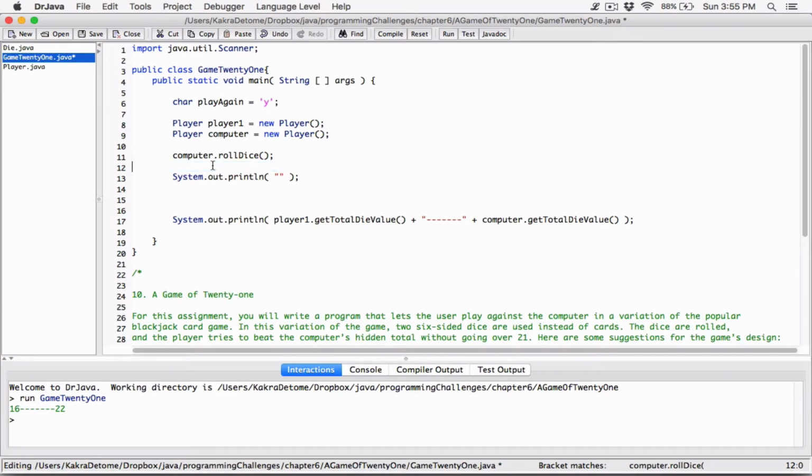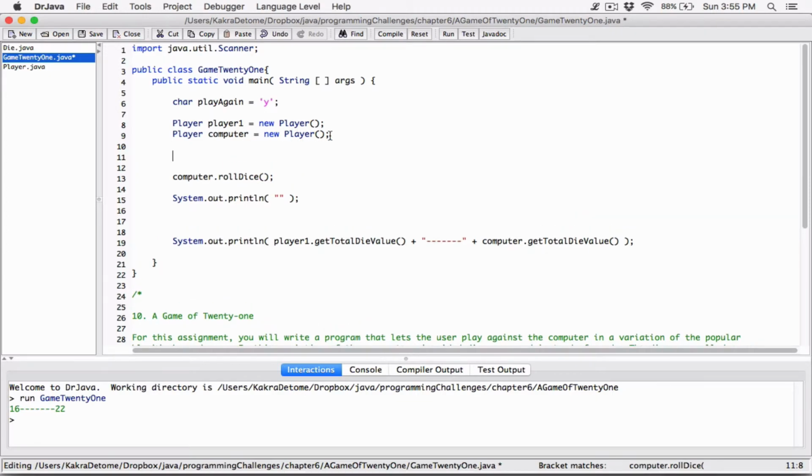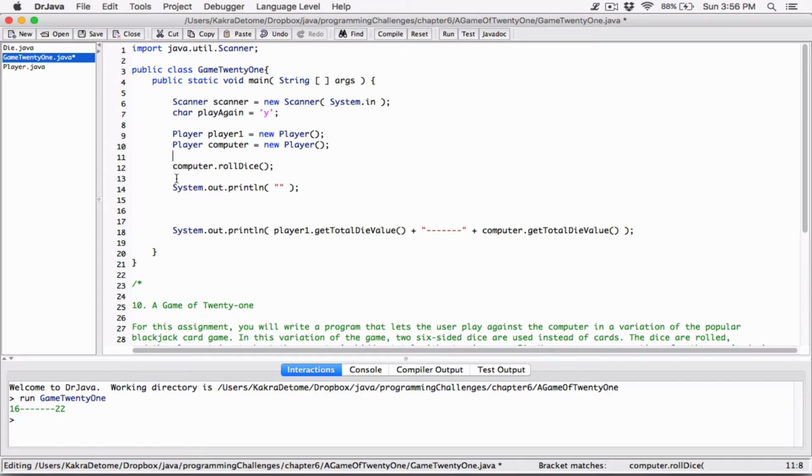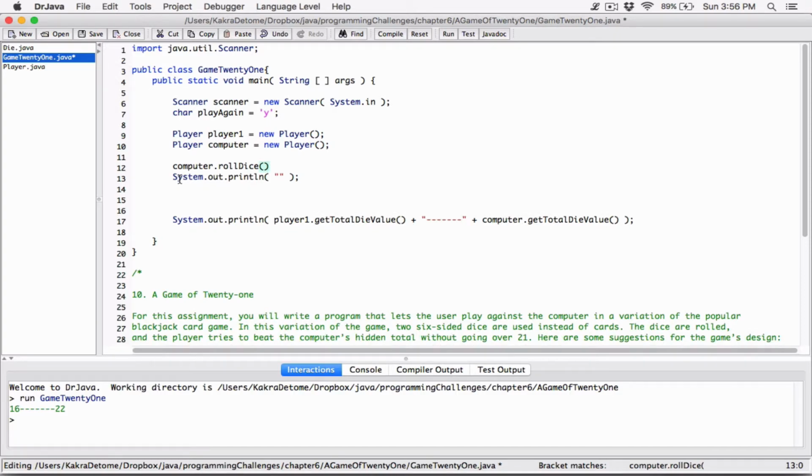Well, we'll need our scanner, so let's just leave that above here somewhere. So we have our scanner for accepting input. We've created our Player object. We've rolled the computer. The computer has rolled both dice, and then now we're going to display a message saying that,